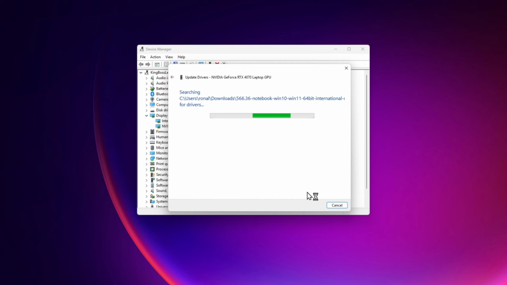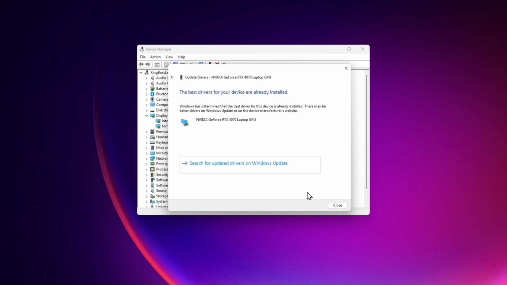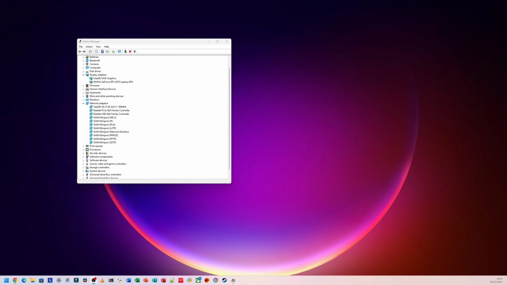I think I already have the latest drivers, so I shouldn't need to do this, but this is a process that you will see. And once it finishes, your screen might flicker and it might restart the computer. This process will work with almost any drivers on your PC. So I just installed my NVIDIA graphics drivers for the RTX 4070, but this will work for stuff like your